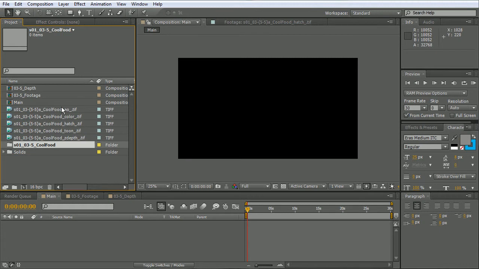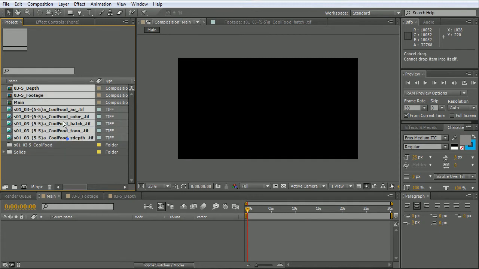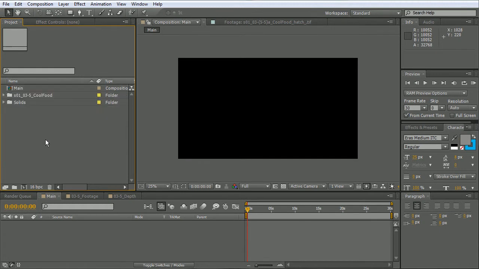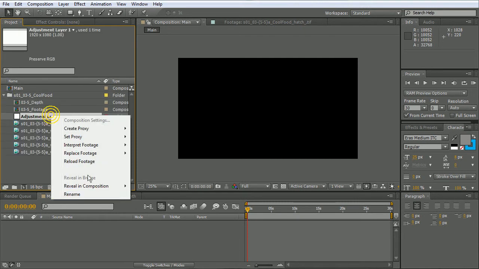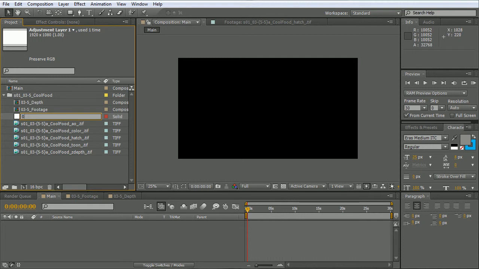So I'm seeing multiples of these taking place within a single project. Let me move that solid in there as well, and we'll rename this solid as well. So we'll do 0305